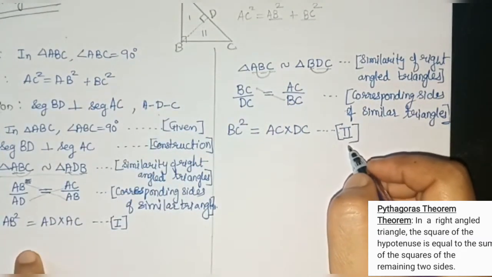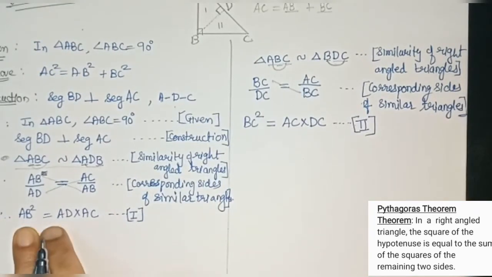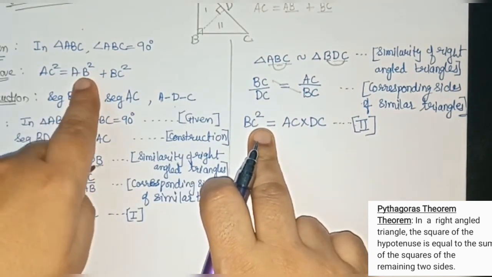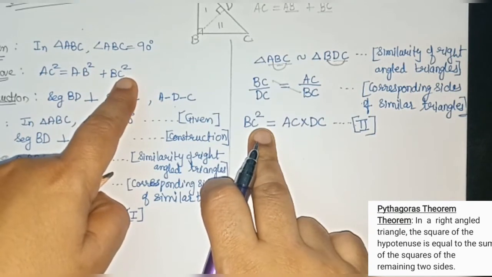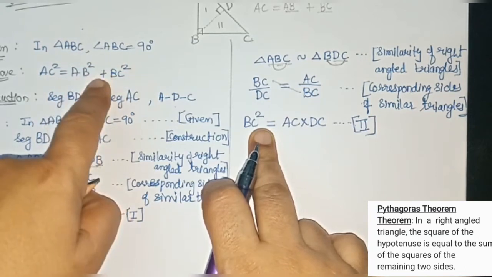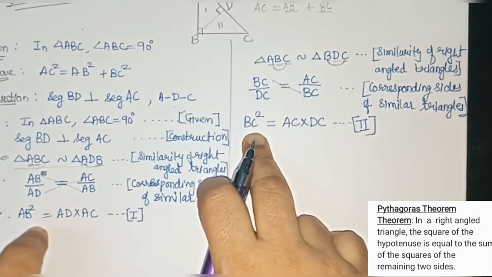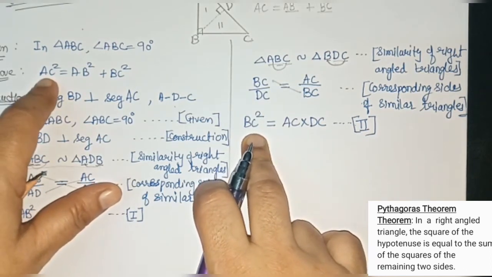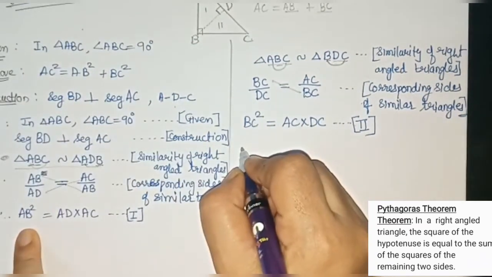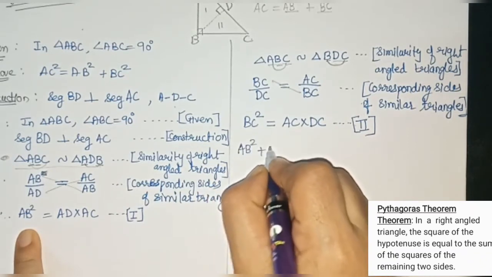Okay. Now see here, in statement number 1 we got AB square, and in statement number 2 we got BC square. What we have to prove? AB square plus BC square is equal to AC square. So AB square plus BC square we have, it is given. So it means that we will have to add AB square plus BC square, and then we will have to check whether we are getting AC square or not. So let us see. Let us add now. So AB square plus BC square.